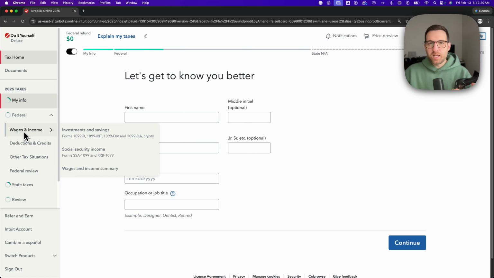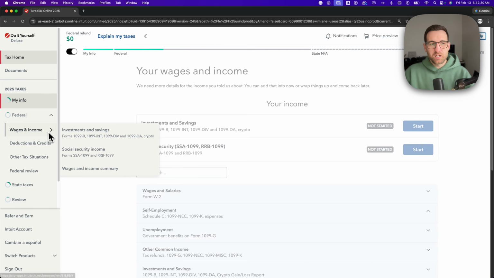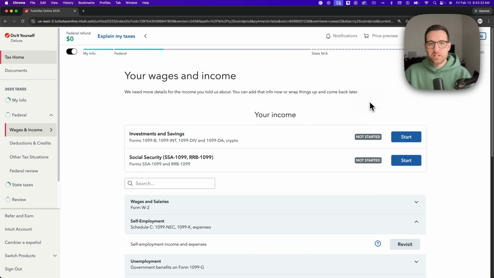And whether or not it asks you at any point if you've had any self-employment income, at some point you will be on your wages and income summary. So we can go there just by hovering over that drop down and clicking on it. And in here you're going to see all your different incomes. So you might see a W-2, you might see investment and savings,